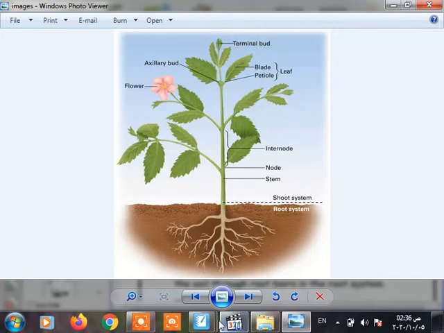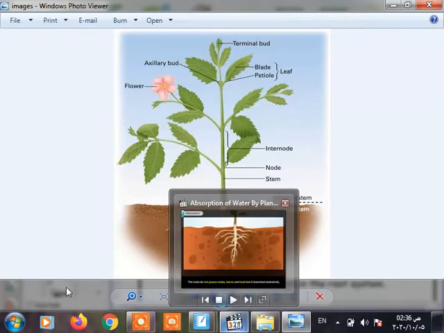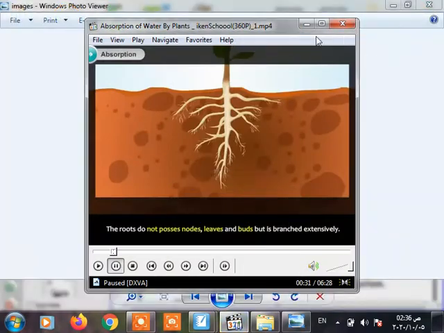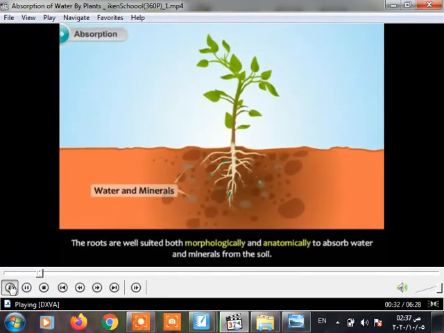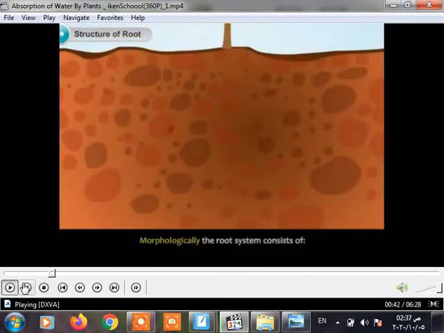The roots are well suited both morphologically and anatomically to absorb water and minerals from the soil. We can see here, morphologically, that the roots absorb water and minerals from the soil and transmit them to the leaves by stem. So, what's the function of the stem? It is transmitting the minerals and water from the soil to the leaves. Okay,